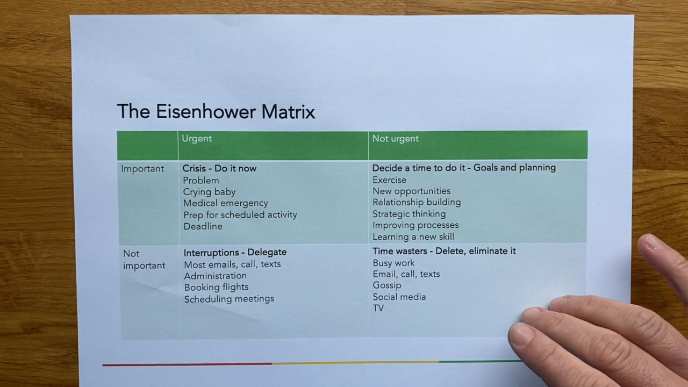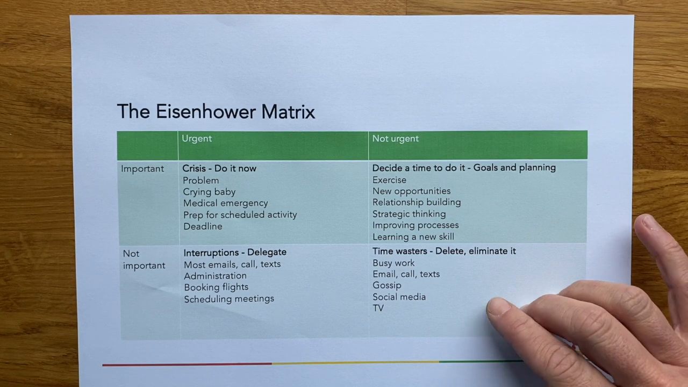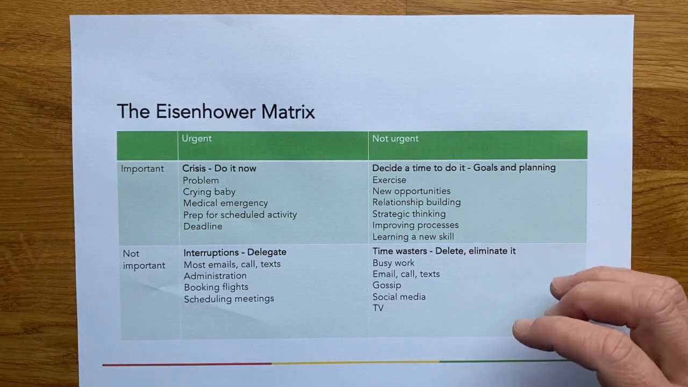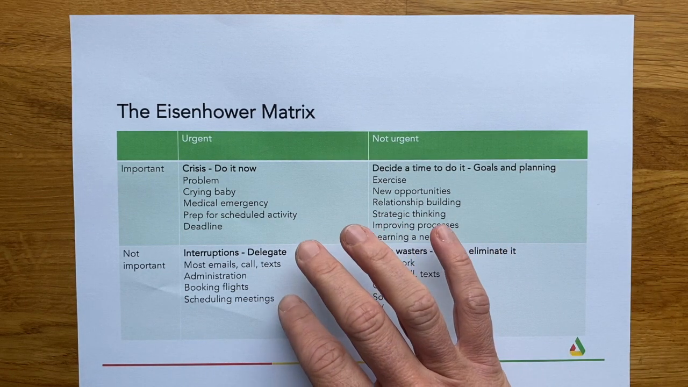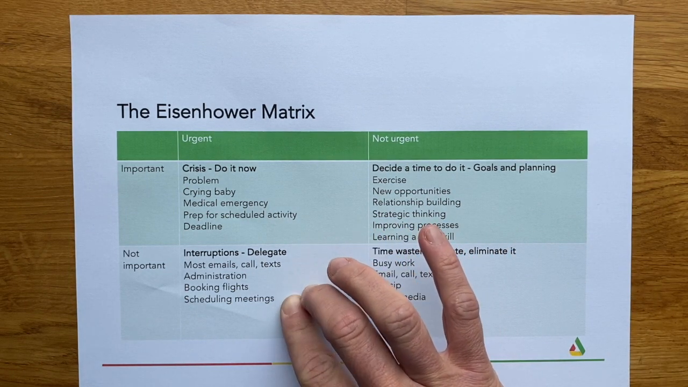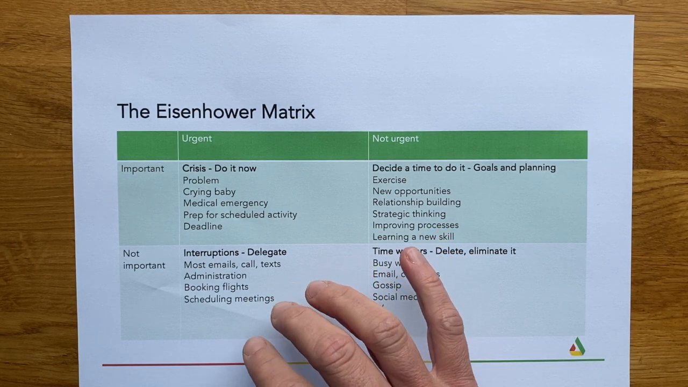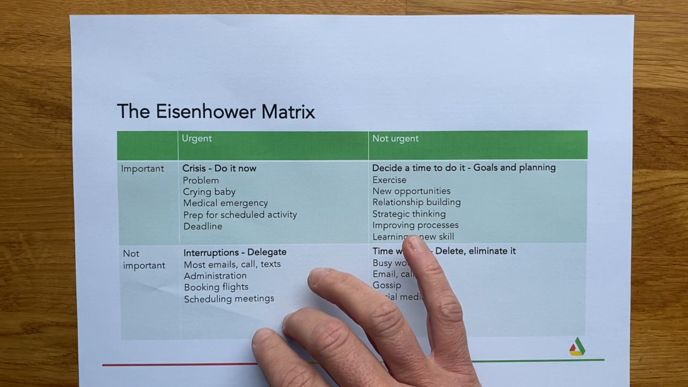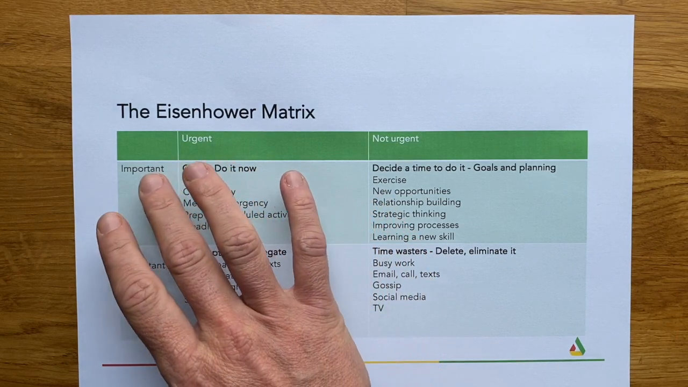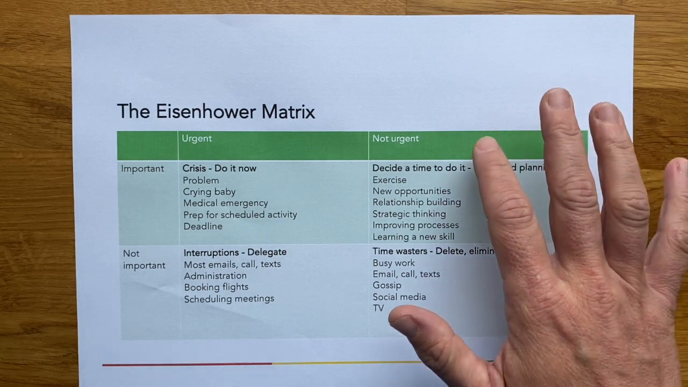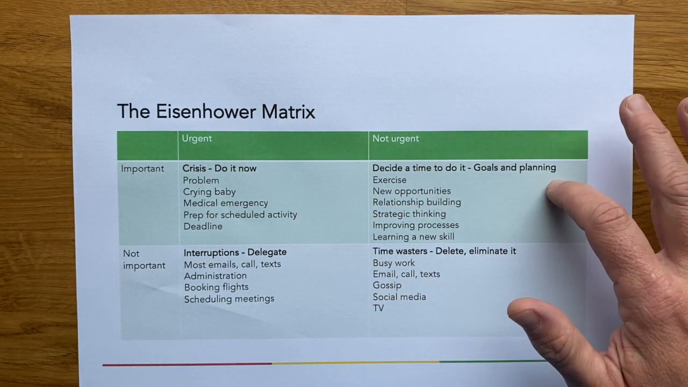Something can feel important because perhaps it's somebody else's agenda, or perhaps it's something that you've always done. But this gives you an opportunity to reevaluate it. When something's urgent, it can really feel important, even if it's not. And so then focusing on the area of important, when something's not urgent,